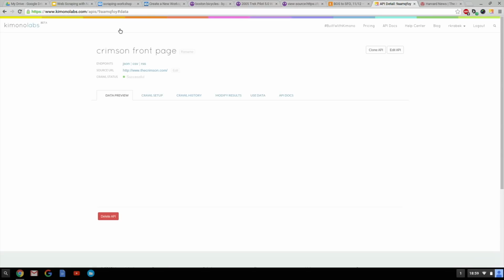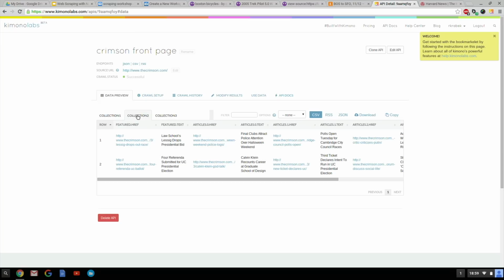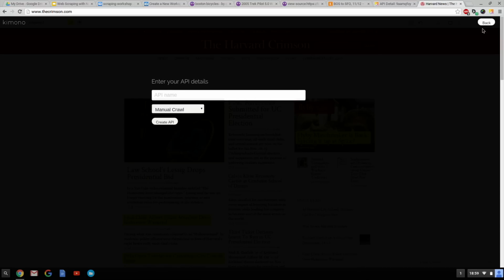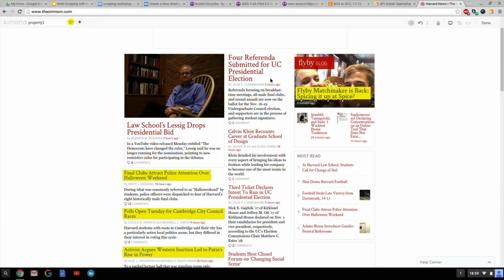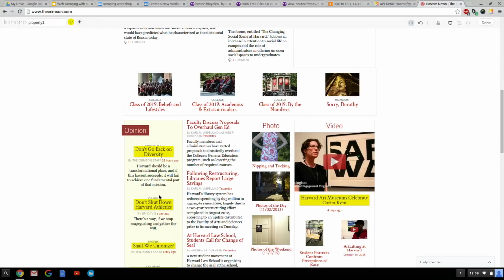So you just create an account on Kimono and it will store all your APIs for you. Essentially that's all your separate different scrapes. If we look here, this is the opinions links that I've collected. These are the featured links, and these are the most read links that I've collected from this most recent API scrape. So you can see here, these would be the featured, these would be the opinions,